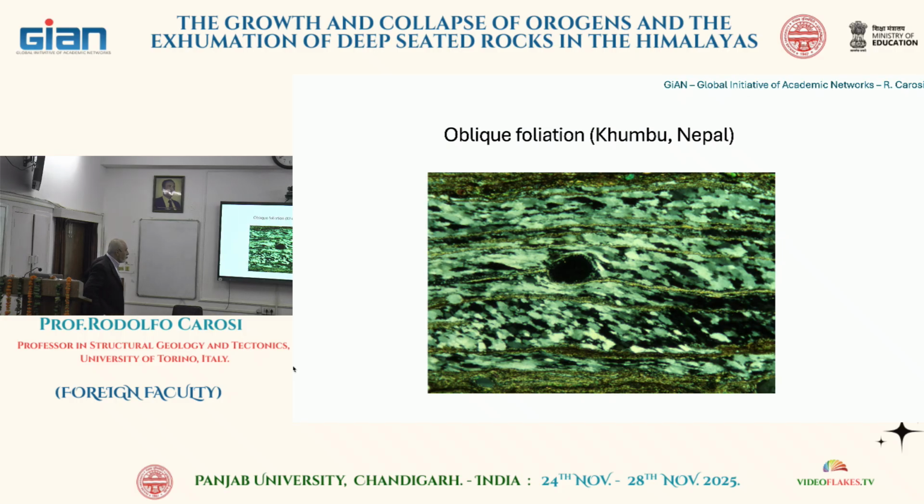This is a thin section from Khumbu, the southern flank of Mount Everest. I took this section several years ago, and there are rotated porphyroclasts, but also quartz ribbons like this or like this. And you can observe different obliquity of the quartz crystals here that are more or less at 30, 40 degrees with respect to the main foliation, marked by recrystallized biotite and sillimanite along these planes. In these ribbons, the quartz is almost parallel to the foliation, because